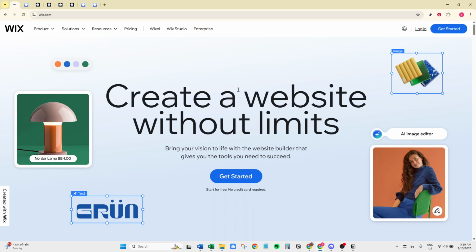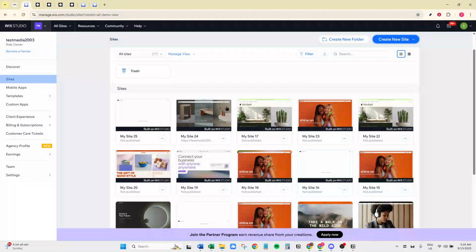First, you'll want to access your site through the Wix editor. If you're new to Wix, this is the platform where you build and design your website. Open your web browser and go to the Wix website. Then log into your account if you aren't already. Once you're logged in, you should see a list of your sites. Click on the site that you want to share to open it in the Wix editor.